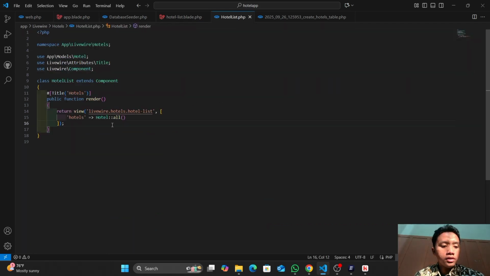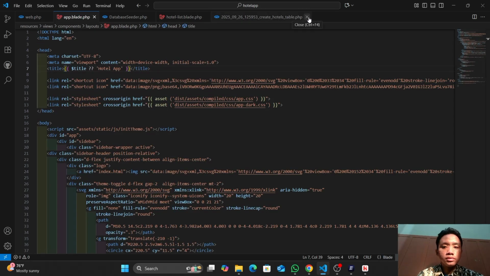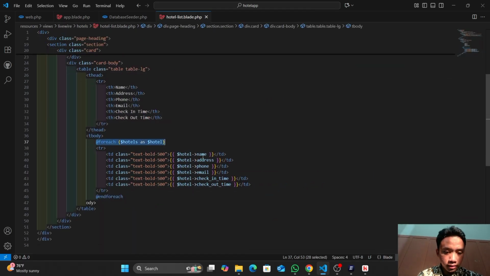This component we will direct into the layout, right? And the title, oh, don't forget to make the title in the tab dynamic. So we have to define the title in the hotel list, right?